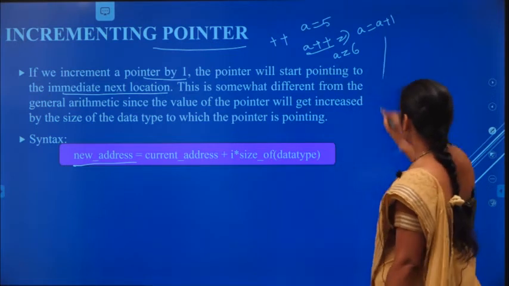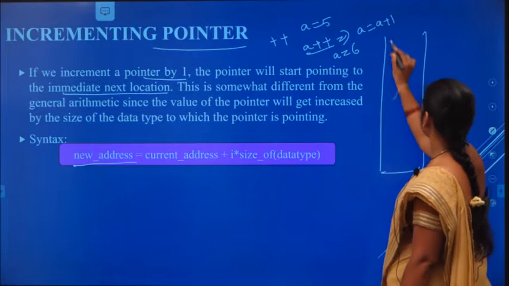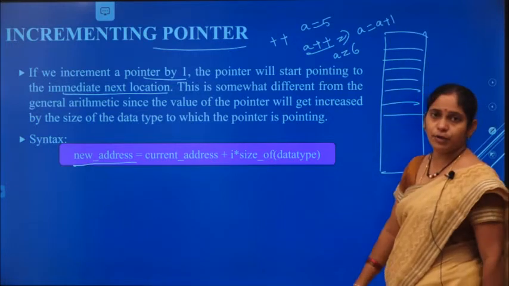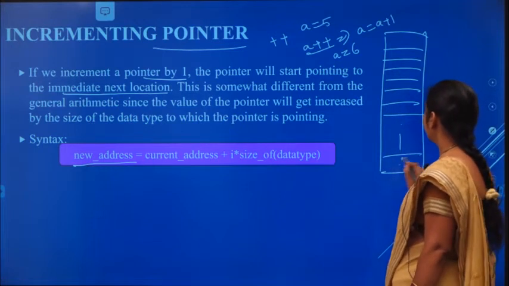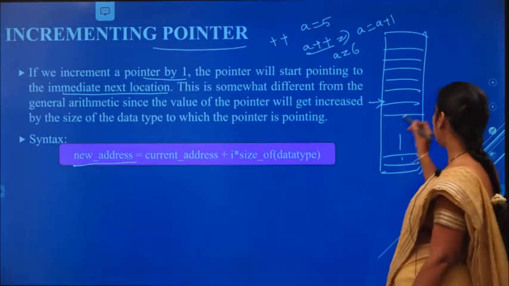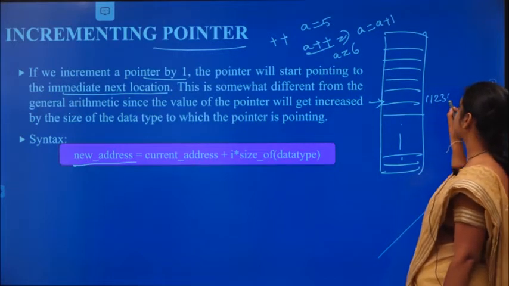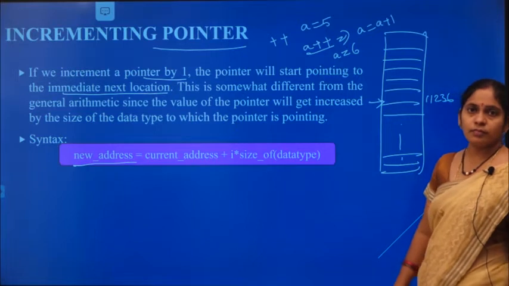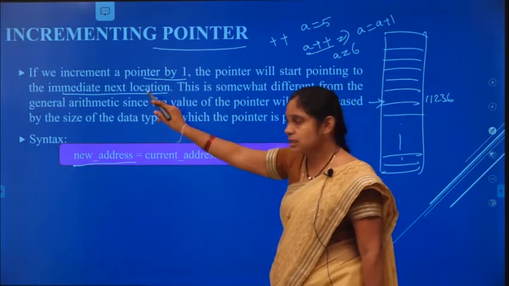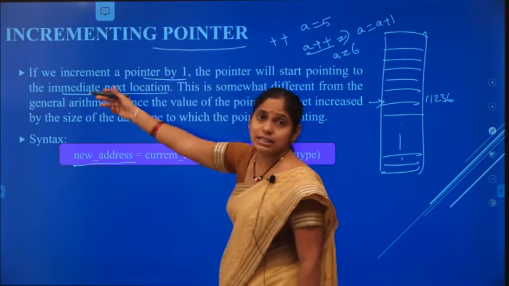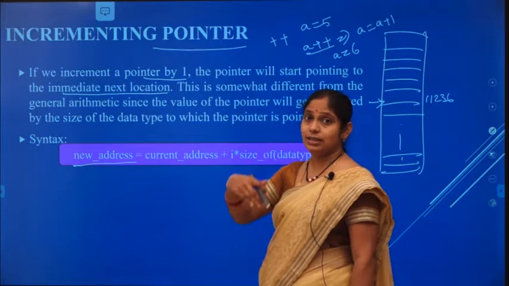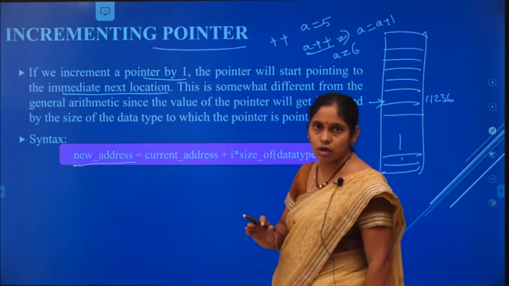Assume this is the computer memory. Assume the pointer is now at the location 11236. When we increment that pointer, it is incremented by 1, meaning it moves to the immediate next location, not the one before.